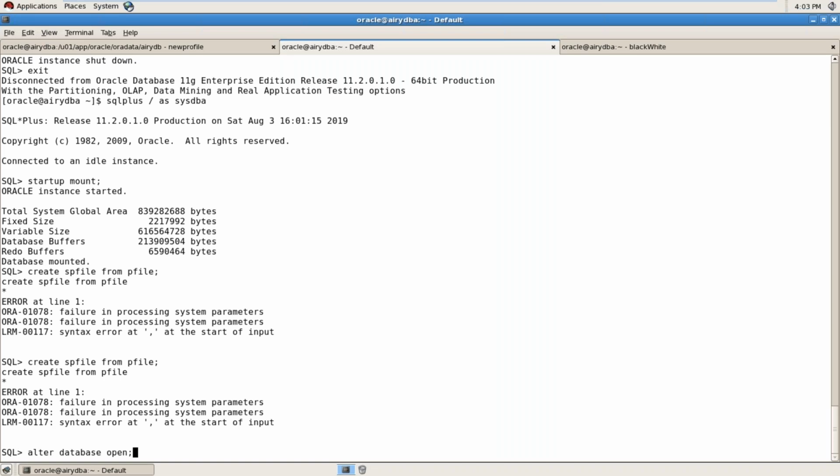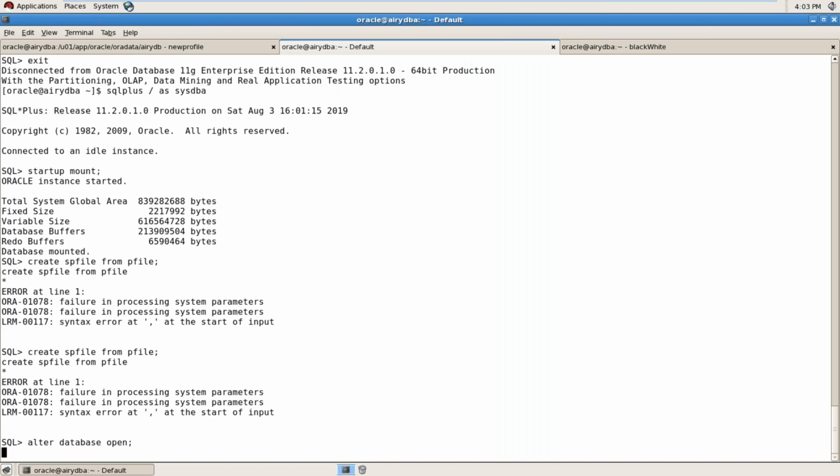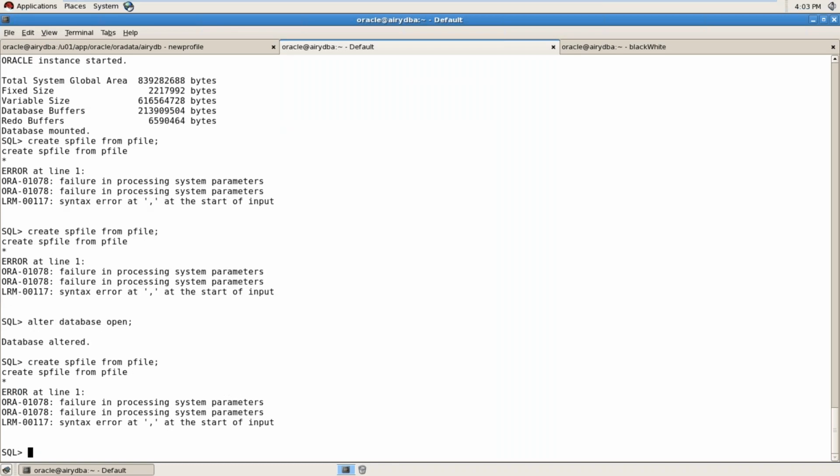Create syntax error at the start of input. So I will give the path. Create spfile from pfile equals to /u01/app/oracle/ora data, sorry, oracle product